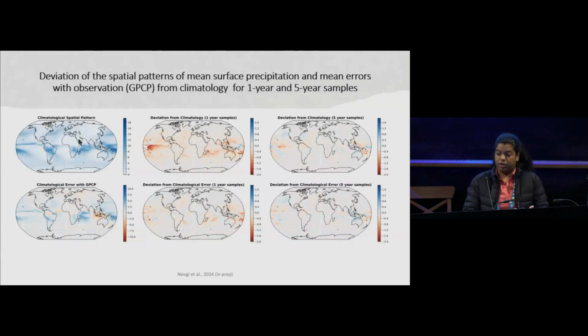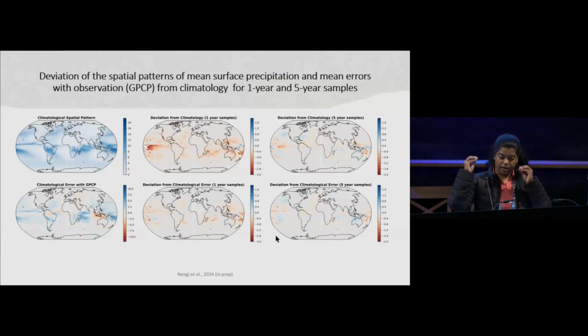Similarly, if you compare the errors that you see with observations in these short samples with the climatological errors with observations, we've used GPCP here, again with a 5-year sample, the deviations all but disappear.